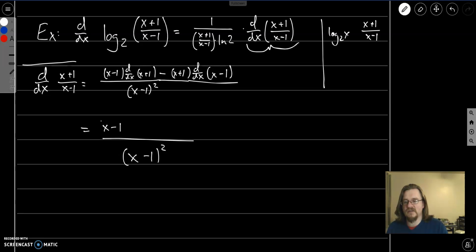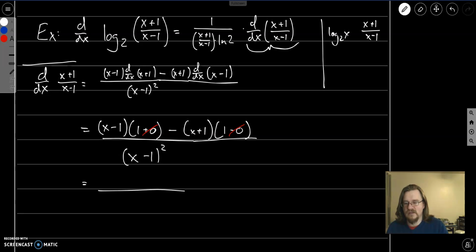I've got x minus 1 times, well, the derivative of x is just 1, and the derivative of 1 is just 0. So that 0 is going to go away, and if we multiply anything by 1, it's just itself. So that's pretty simple. On the other side, we've got the x plus 1 times the derivative of x minus 1. Well, the derivative of x is 1. The derivative of 1 is going to be 0. And again, if you subtract 0 from something, it doesn't change it. If I multiply something by 0, it doesn't change it. So if I keep simplifying here,